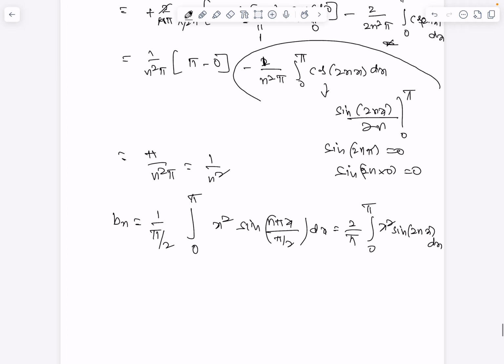And if you try to simplify, this is 2 by pi, x square times minus cos 2nx divided by 2n, lower limit is 0, upper limit is pi,